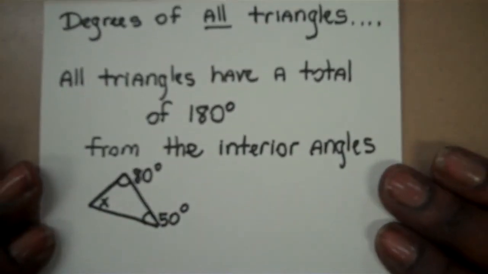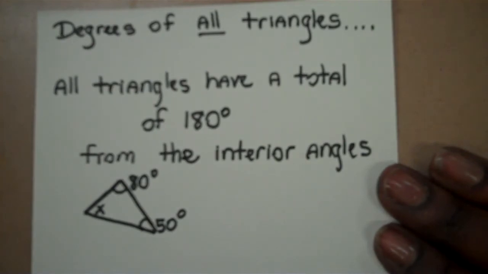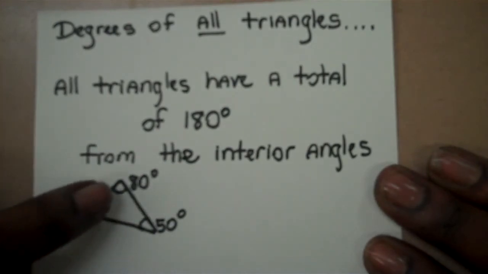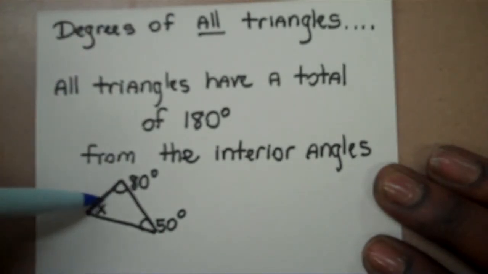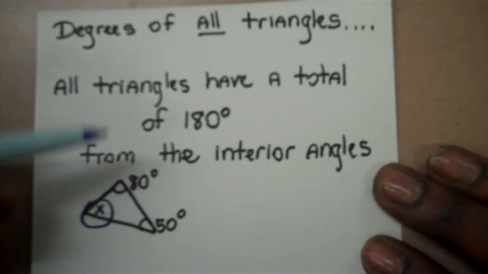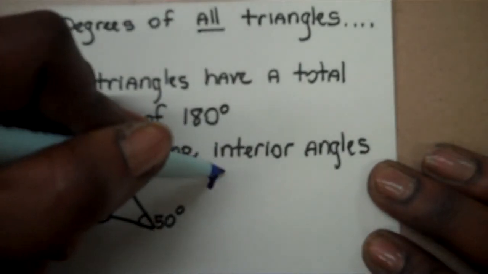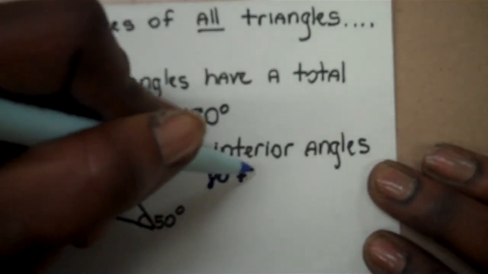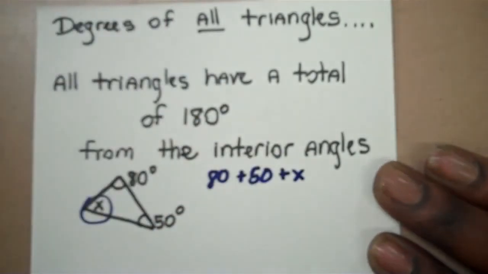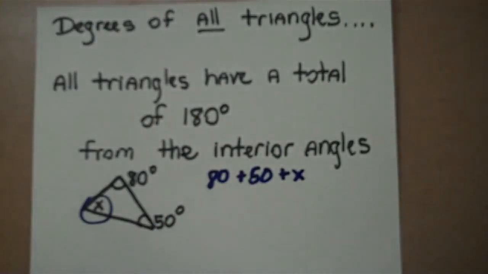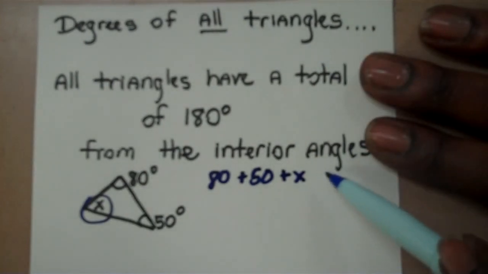Last property of a triangle is that all triangles measure 180 degrees from their interior angles. So all three angles inside of a triangle must have a total of 180 degrees. And we can use this property to find a missing angle. We know that the top angle is 80 degrees and the bottom angle is 50 degrees. What we don't know is what the last angle equals, but we do know that all three of those must